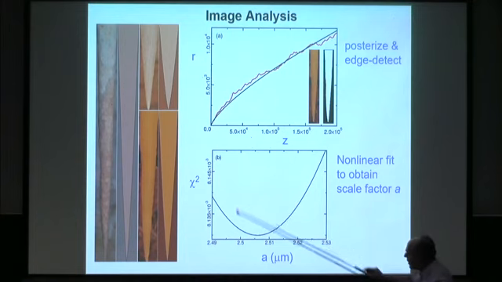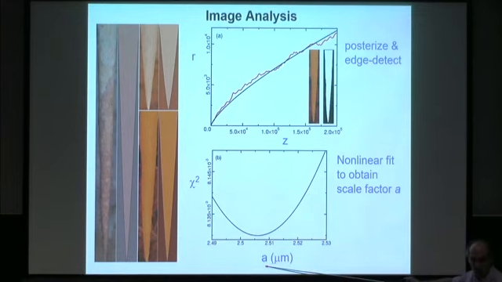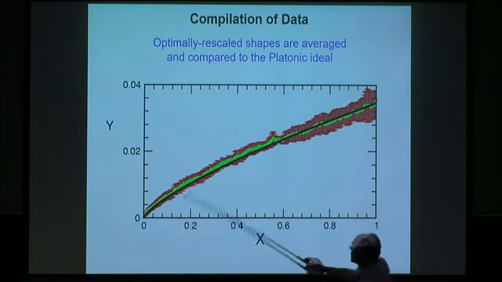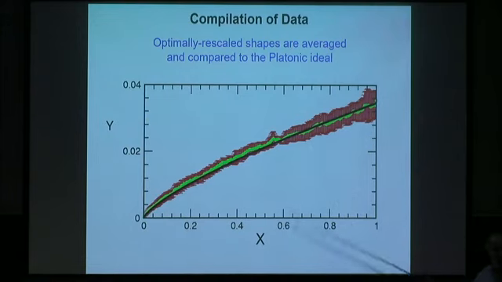And then you do a fit, so this is like the goodness of the fit as a function of the one parameter in the problem that you need to scale it, this length scale. You find the minimum. You take a whole bunch of stalactites, you put them together, turn it on its side, and that mathematical form goes right smack through the average. So that's pretty neat, I think, because it says that underneath all of these noisy, wiggly shapes, there is this ideal shape sort of yearning to get out.